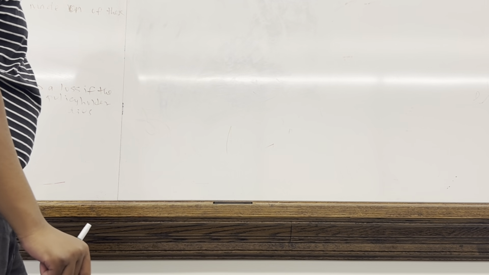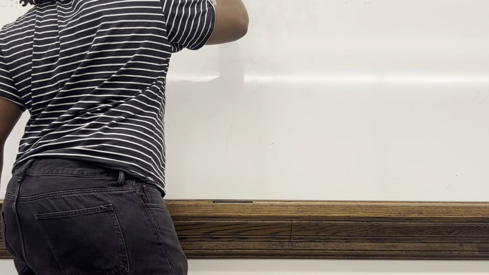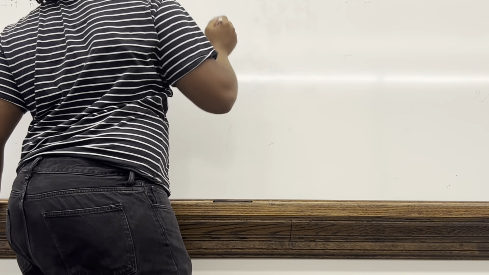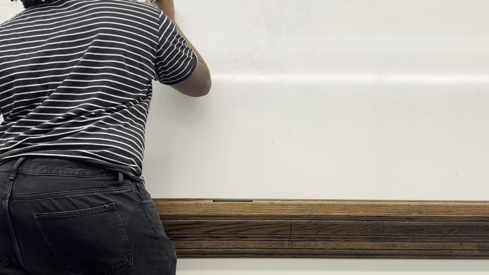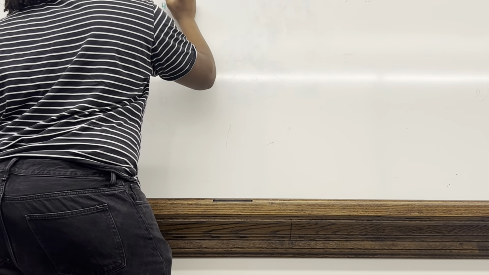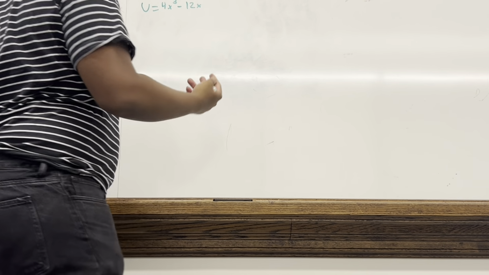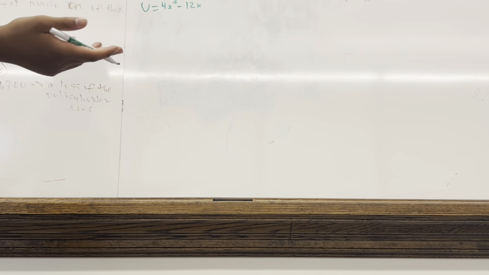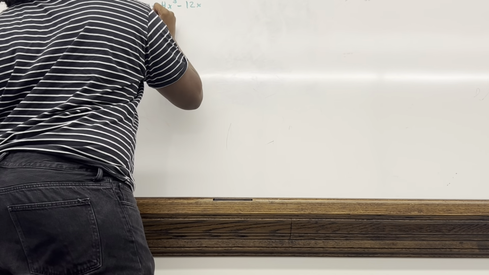You're going to take one of the groups in this problem. For this case, it would be 4x squared minus 12x, and you're going to label it as u. It's very simple. And from there, take the derivative of u. So the derivative of u, or du, is